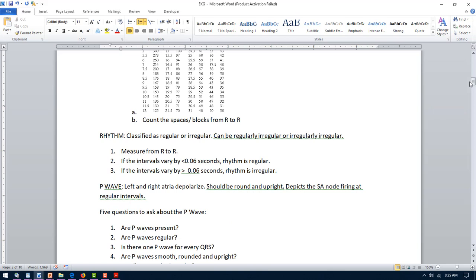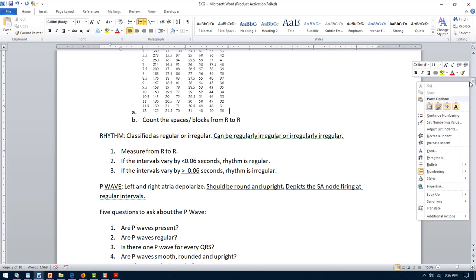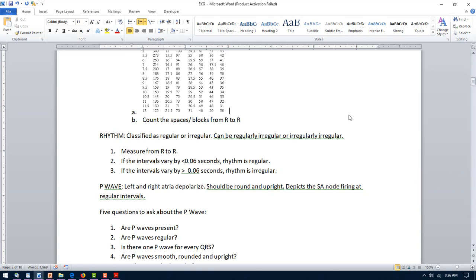It's either regular or irregular, but the irregular rhythm can be classified as regularly irregular or irregularly irregular. Meaning that maybe every third beat is early would be regularly irregular, or maybe like in a fib, there's no rhyme or reason. The beat just goes here and there. It's not every third beat, it's wherever those ventricles decide to contract, wherever those atria